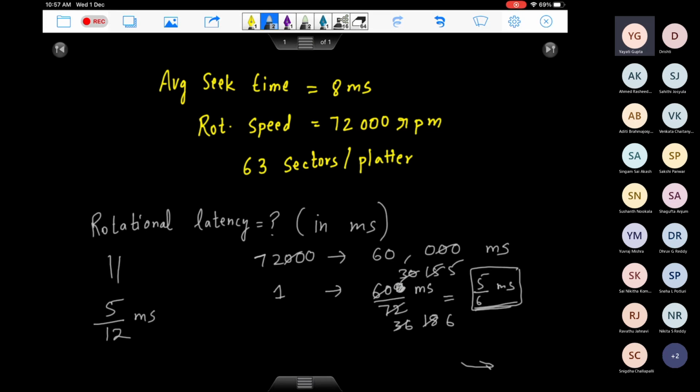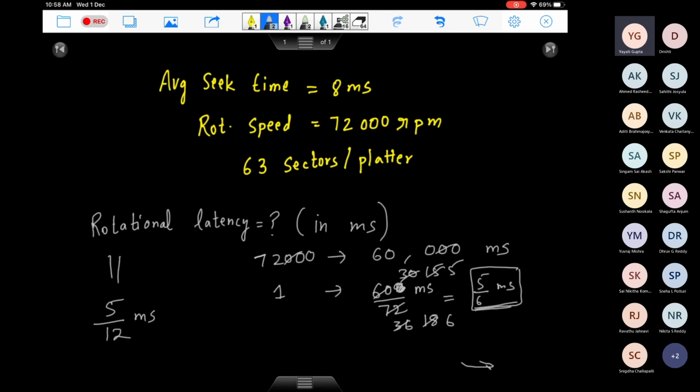Now, I hope that you have the question open at your end. So your first question is, how much time does it take for you to read on an average one sector from the disk? So see, when we say on an average, how much time does it take to read one sector, we don't know which sector it is, and we do not know currently at which track or which sector we are. So we are just going to assume that the question is the same as if you are given any random sector. You are at any sector at any particular track and you have to read some other sector which can be again in any particular track. How much time will it take?